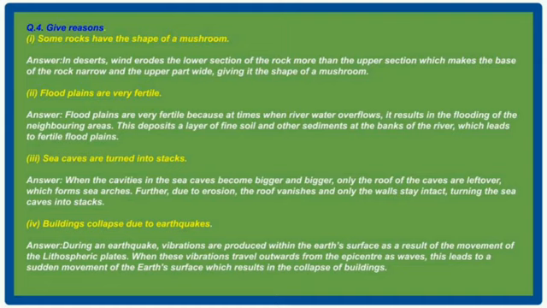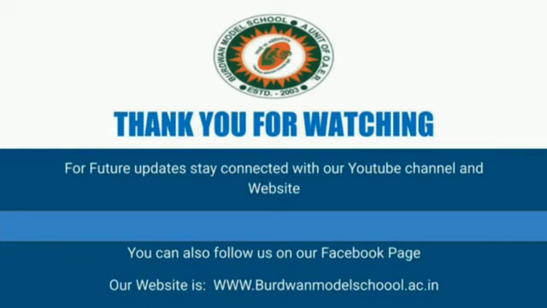Now the last one, the fourth sentence, buildings collapse due to earthquakes, and the reasons are: during an earthquake, vibrations are produced within the earth's surface as a result of the movement of the lithospheric plates. When these vibrations travel outwards from the epicenter as waves, this leads to a sudden movement of the earth's surface, which results in the collapse